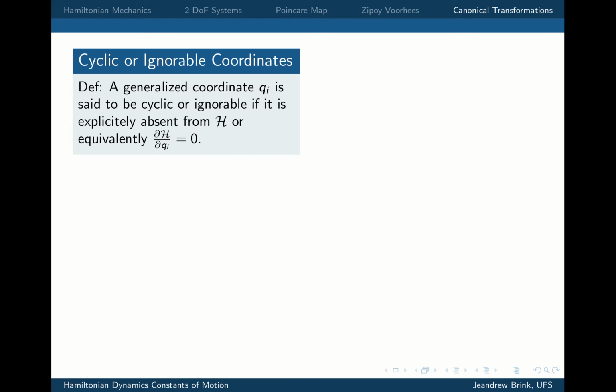So, one more thing, let's define a little bit more mathematically what we've done, so that when people talk about this, we know what it means. I'm going to define what a cyclic or ignorable coordinate is. We're going to call it ignorable for a while, and you'll see why it becomes cyclic later on. A generalized coordinate q_i is said to be cyclic or ignorable if it is explicitly absent from the Hamiltonian. For example, in our four-dimensional example, t and phi, which we assumed weren't in the metric and therefore not in the Hamiltonian,